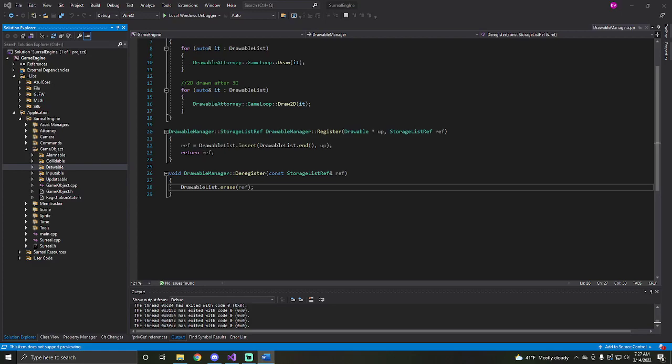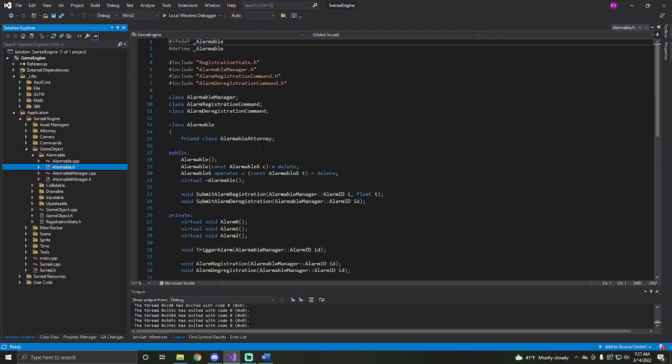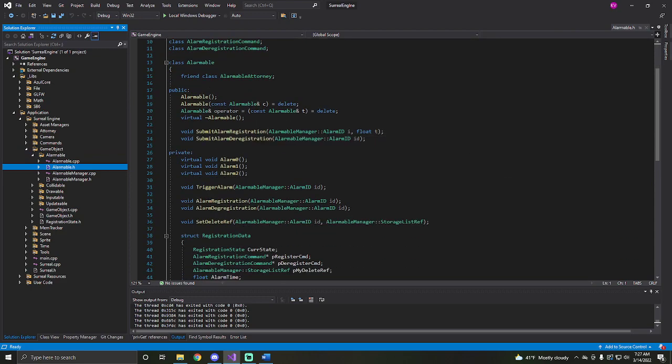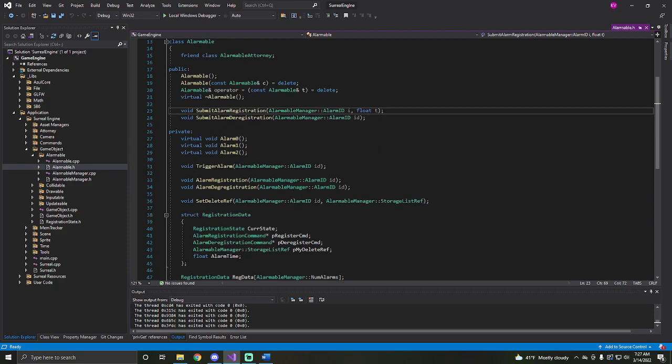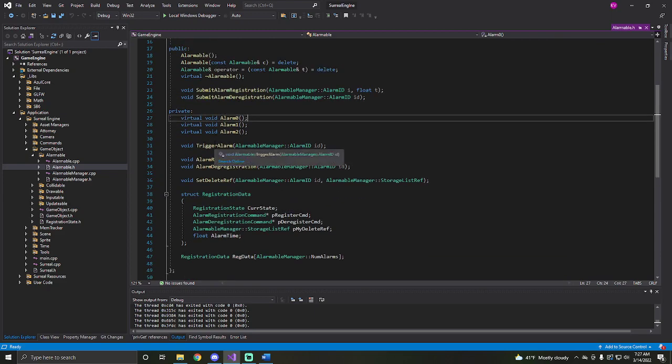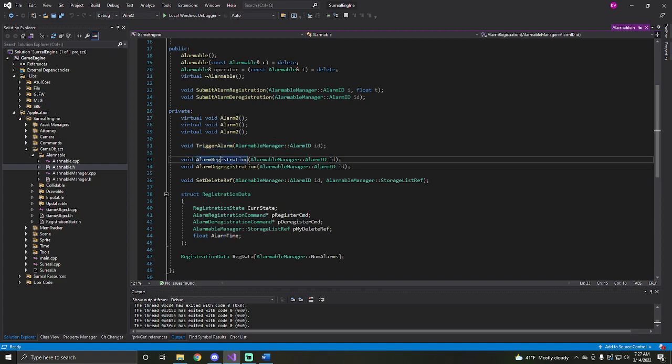Next up is the alarm system. Go to alarmable, game object home. In our alarmable, on the public side we have submit, alarm registration, and deregistration. We have our user functions. We give them the ability to use 3 alarms, and then we have our trigger alarm and alarm registration, deregistration,